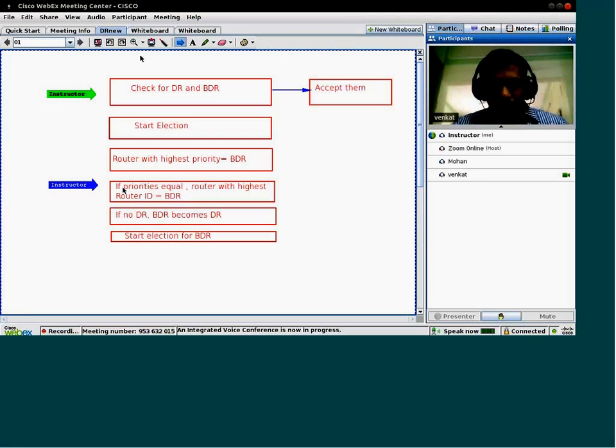If the priorities are equal, then the router with the highest router ID will become the BDR. Then it will check if there is no DR already available. If not, then the BDR becomes the DR. Okay. Then the process is started again, and we have an election for the